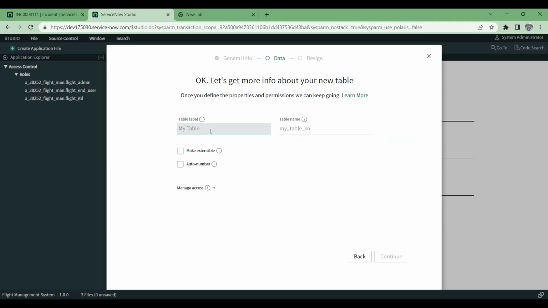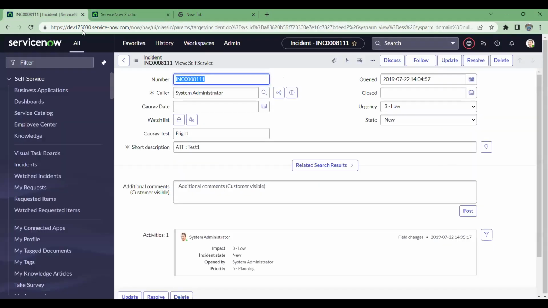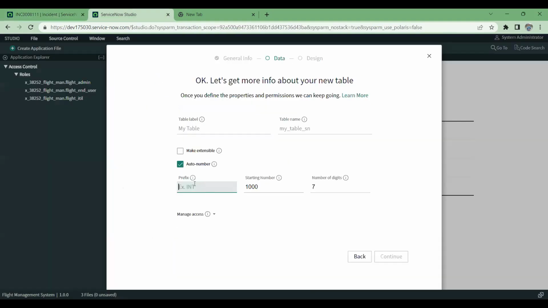Label, new table name, auto number. So how the number will start, you start from INC 008. How many digits, how many numbers, it's required. It's asking for that. So let's say I will say STL. It will start from STL and 7 digits. I can create 8 digits. So from the thousand, an 8 digit number